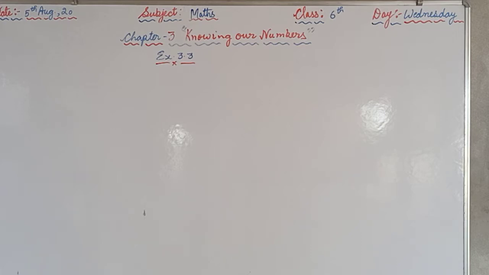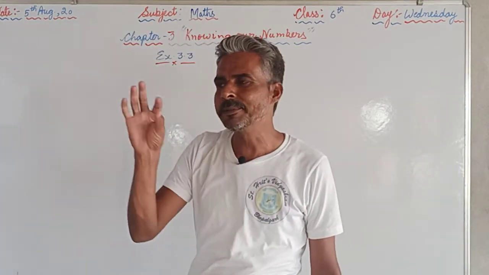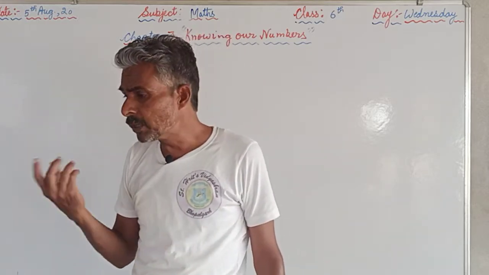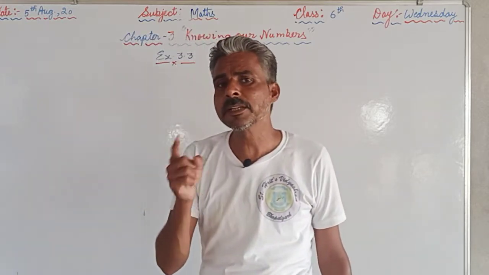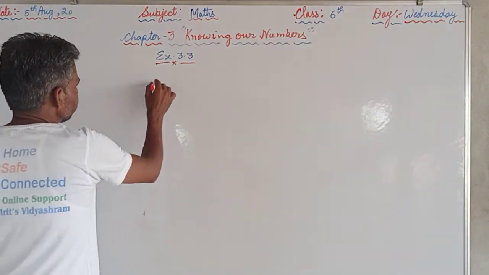The numbers are given like 128. So the columns are given. In the columns it is written 2, 3, 4, 5, 6, 8, 9, 10, 11. And you are supposed to state in that table whether these given numbers are divisible by those numbers or not. To do that question, we should know the divisibility rules. So the divisibility rule of 2.